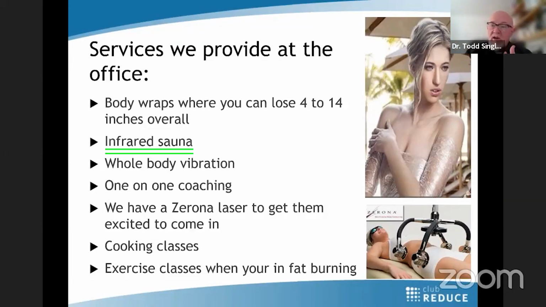We do infrared sauna that penetrates the body to help detoxification, heavy metals as well. We do whole body vibration, where we show them how to do different exercises on there to increase growth hormone, which also helps with the weight loss. One-on-one coaching. We also just got a Zerona to get them excited. It's like the big carrot to get them excited. It's down there in the bottom right, the Zerona laser. We show some cooking classes on there. Patients will have cooking classes, and then exercise class we show them when they're ready,